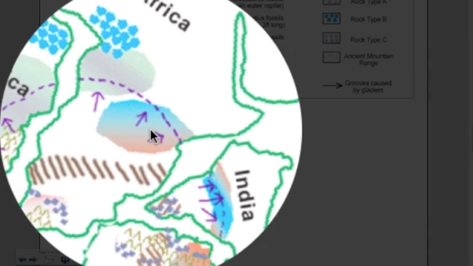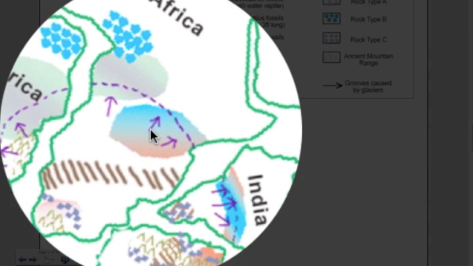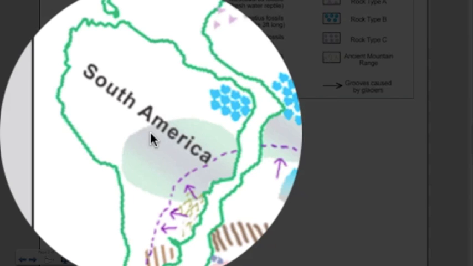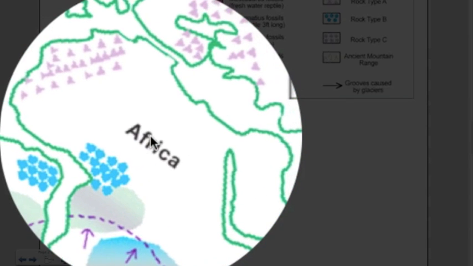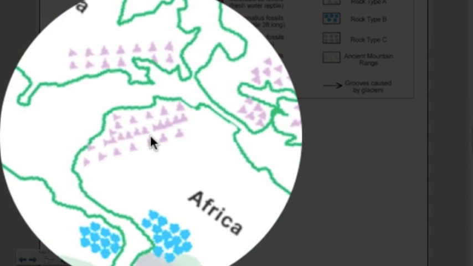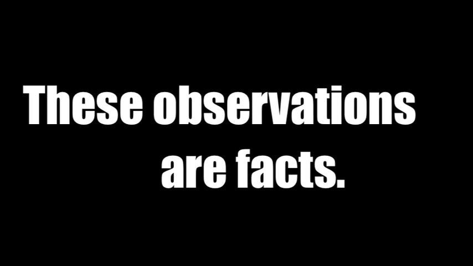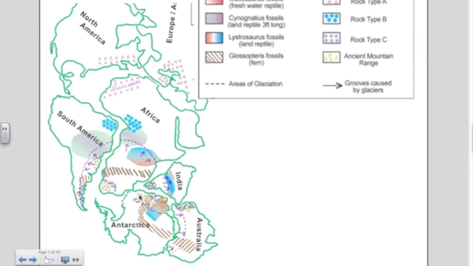This reptile fossil was found on separate continents, Africa and India. We looked at similar rock types found in South America and Africa, as well as another different kind of rock type on Africa and North America. Knowing these observations and finding these patterns is nice, but the real question becomes,